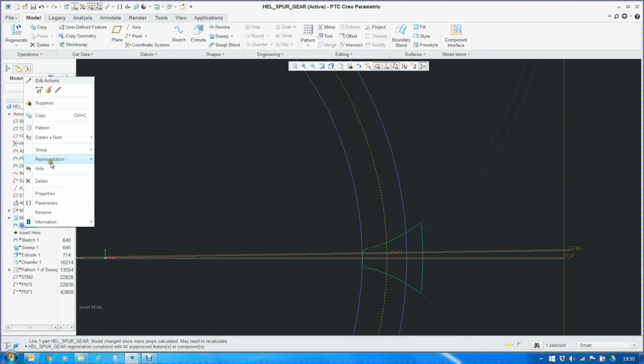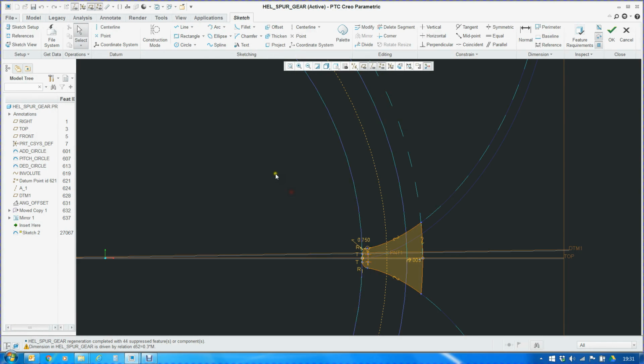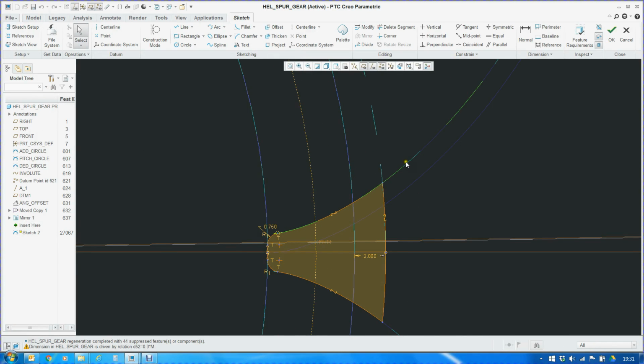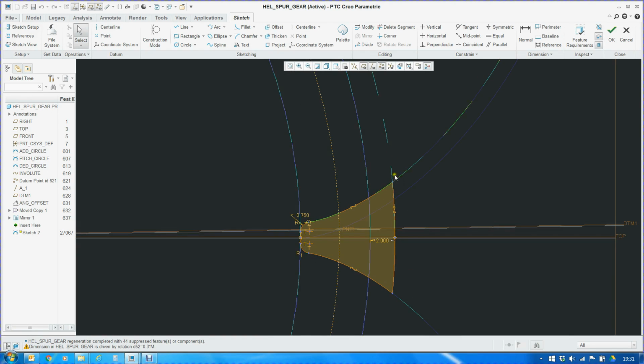Okay, now on the front plane I have created one sketch using the first copied curve and the mirrored curve, then something extra from the dedendum circle, just so that I am assured of removing material all through the thickness,